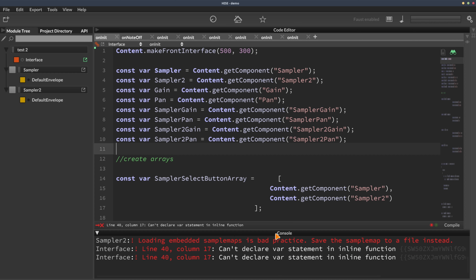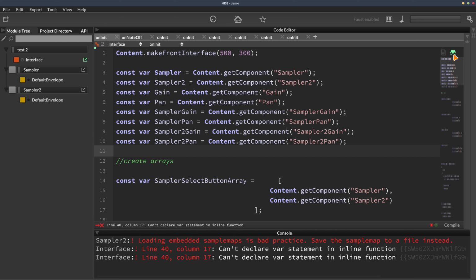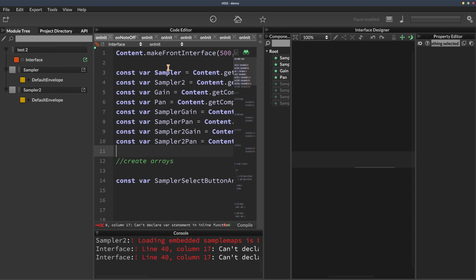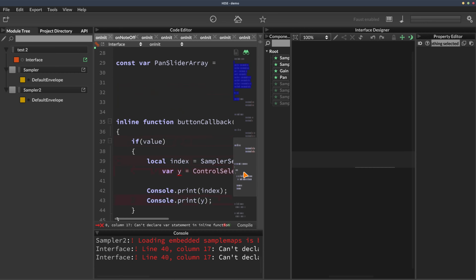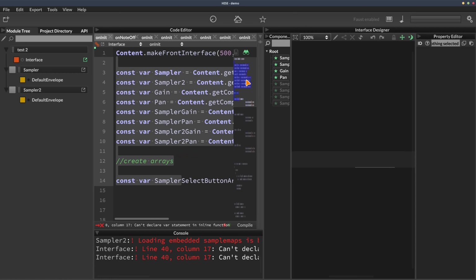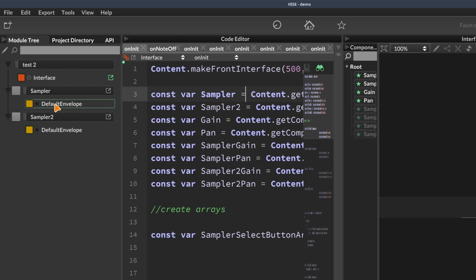But if you do get any errors, they're usually quite minor things. But we're not getting into coding today, so we'll ignore that for now. I just want to show you that a snippet contains not just the script, which we can see here, and there's that error there, by the way. It also contains the modules, so you can see we've got two samplers loaded here in the module tree,